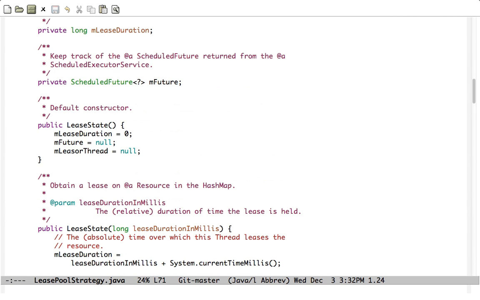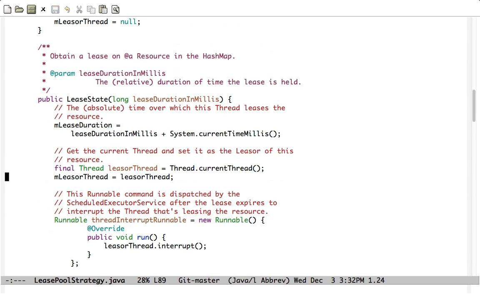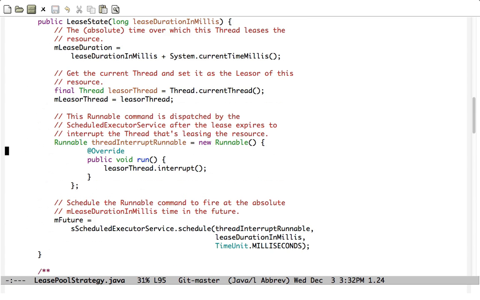Here's the default constructor, so that's everything to null. Here's another constructor that actually does something interesting. So this is the main constructor we use. This is the constructor that's used to create some lease state when someone wants to acquire a lease for a